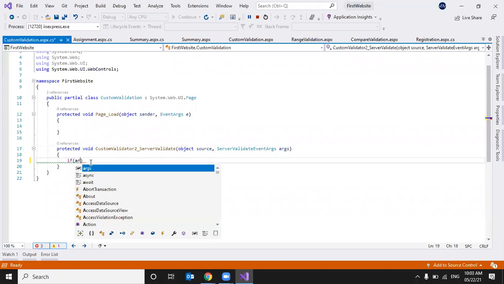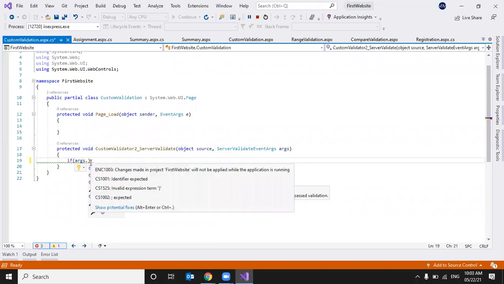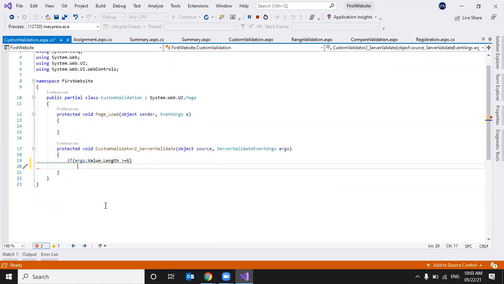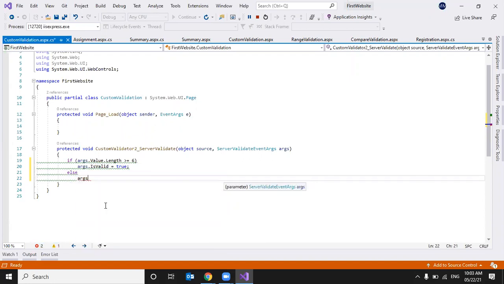So if args dot value dot length is greater than or equal to 6, then args dot is valid equal to true. Else args dot is valid equal to false. Same way we can write it.